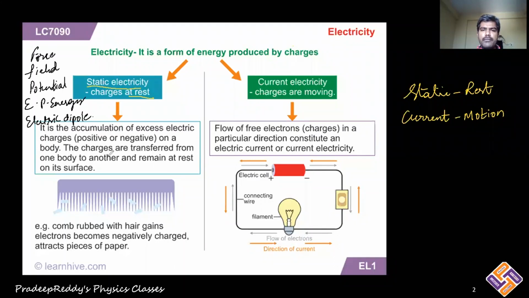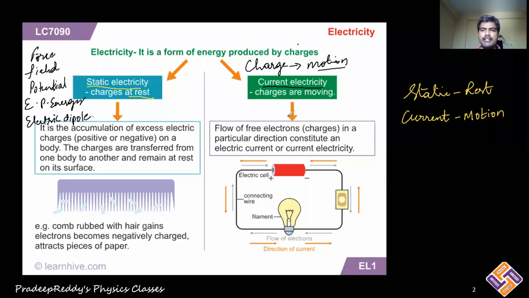The information regarding all these things has been covered already in the static electricity chapter. Now coming to current electricity, the name itself tells you current. Current means motion. Here we will be discussing charge which is in motion. In static electricity, we did not talk about motion of the charge. But in current electricity, we will learn that charge is in motion throughout the conductor, and what the effects of charge in motion are. All their effects will be discussed in this chapter.